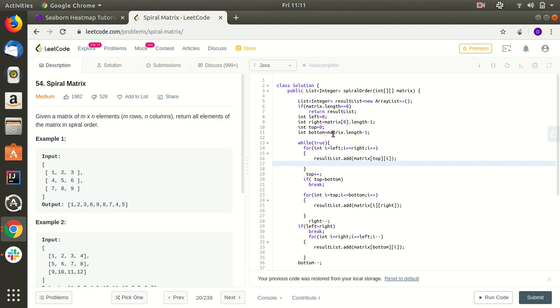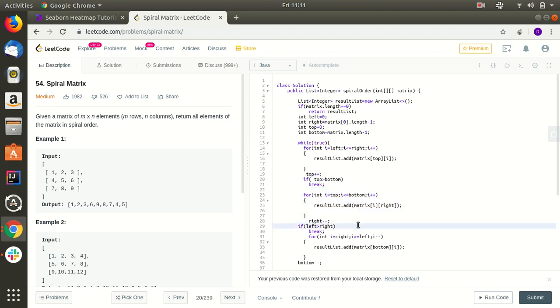Right is as of now matrix[0].length minus 1, meaning the last column. So we will process 6 and 9. Then we will decrement right, right minus minus, so that it knows that this column is processed.